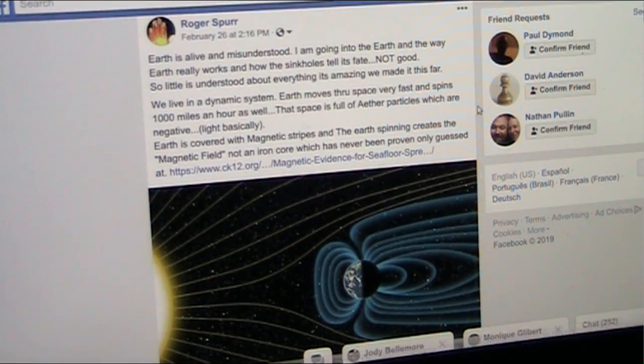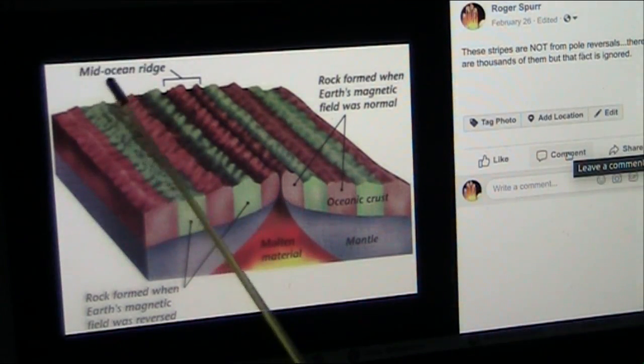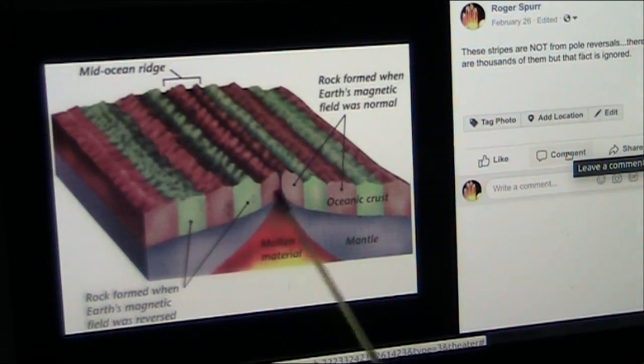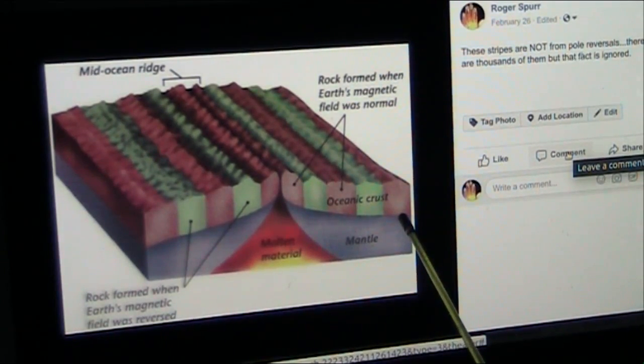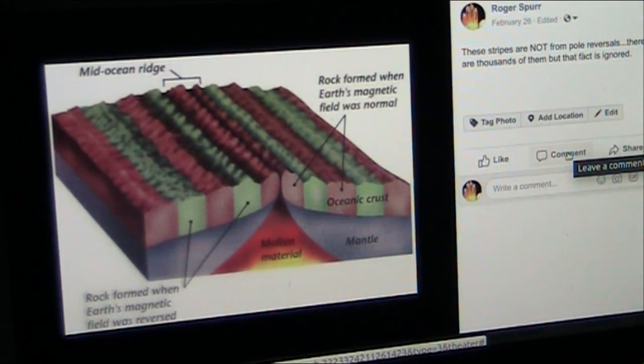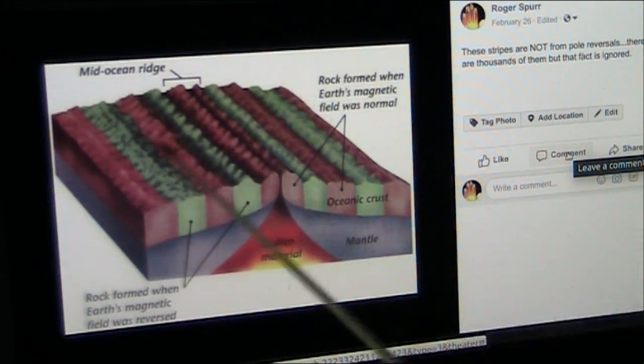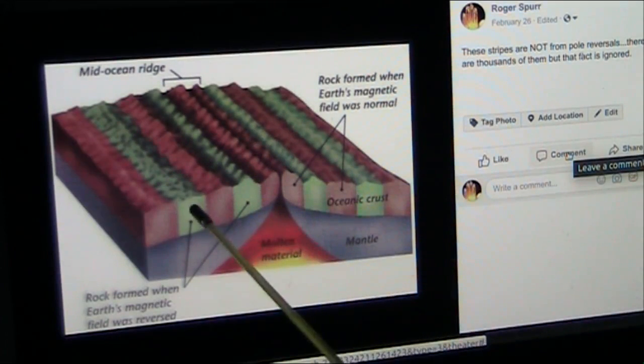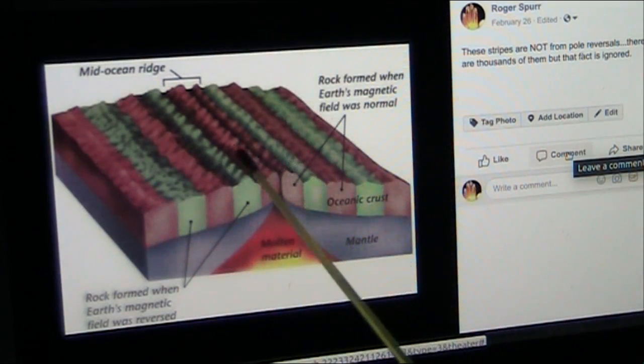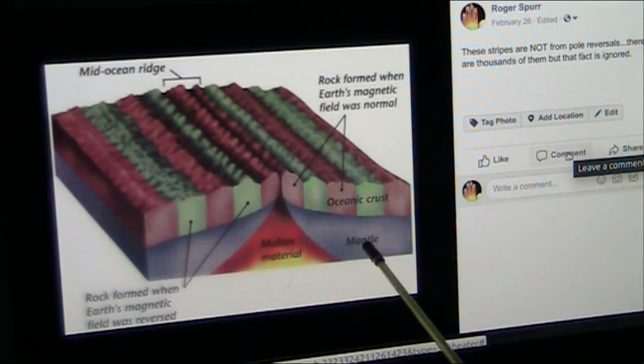And you say magnetic striped, what do you mean by that? And I say magnetic striped, that's what I mean by that. In the ocean, you see this, mid-ocean ridges, they show the ocean, these are magnetic stripes. They're literally stripes. Now, what does that mean? If you understand a motor, you understand that a motor is nothing more than stripes of pulsating magnetism spinning inside of a magnetic field similar to our magnetic field created by the electrons that are bombarding our Earth